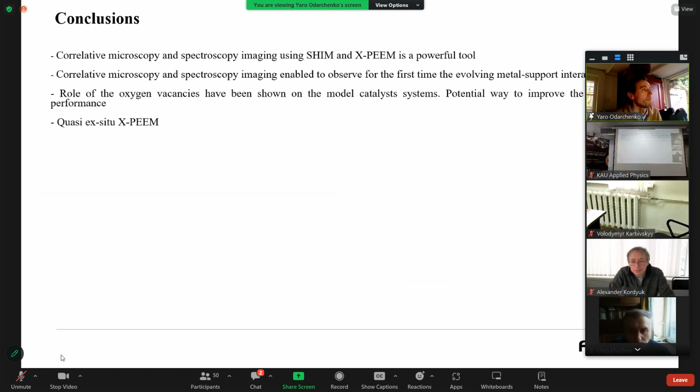So the conclusion here is that this correlative microscopy spectroscopy imaging using helium ion microscopy and X-beam is a very powerful tool, and this approach enabled us for the first time to see the evolving